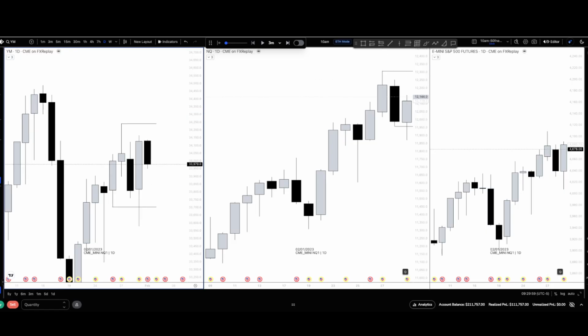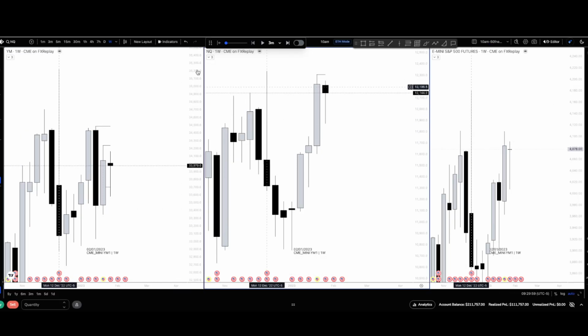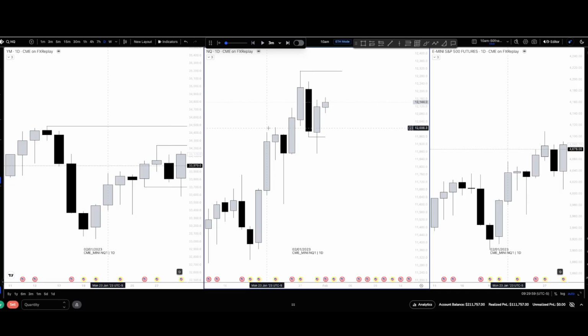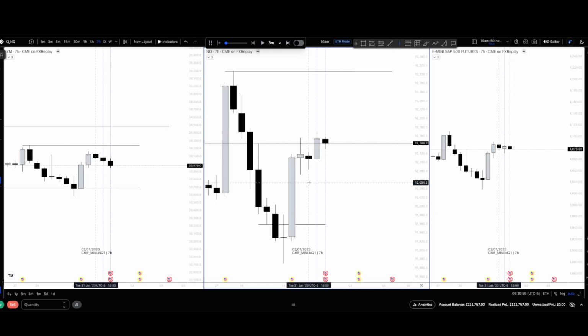Looking for this high to be considered the draw on liquidity, as there is further draw on liquidity above us, as well as we are trading within this weekly pushing market. We are respecting the upper half of this weekly candle off of this daily OB, and we are now trading back up to these highs located there for that profiling. I would say that